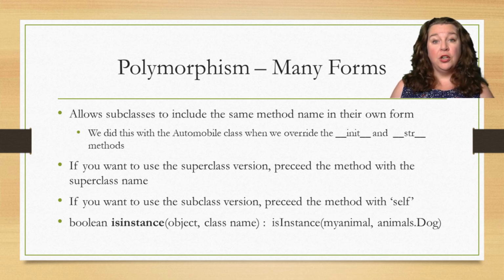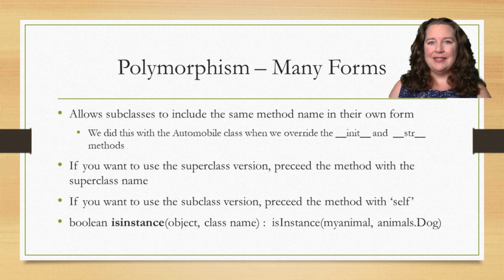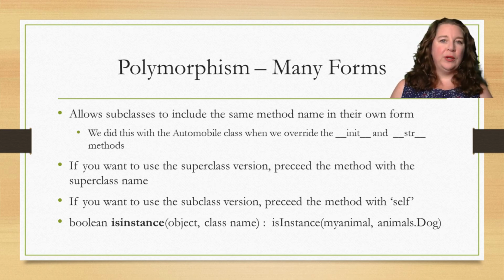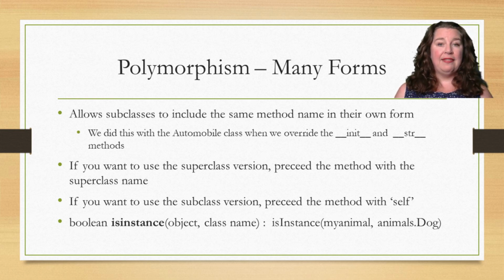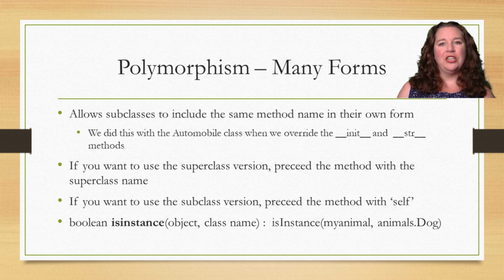You can call the function on your object, and the object knows what its type is. So it knows which method you want to use. If you want to use the superclass version for whatever reason, say we wanted to print out just the automobile version of our string instead of our car version, you can. You just have to call it with the class name and then the period and then the underscore string method, or whichever method you want to change, and use the superclass. You can. The same way that we use the automobile.initializer